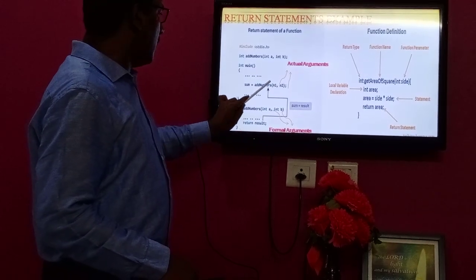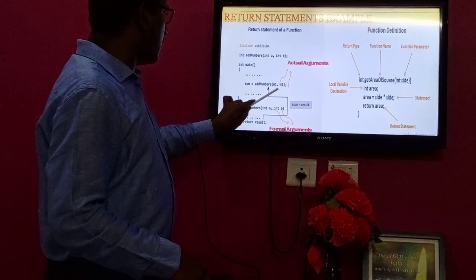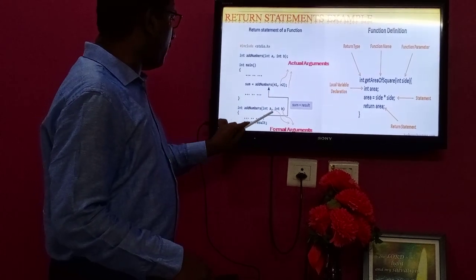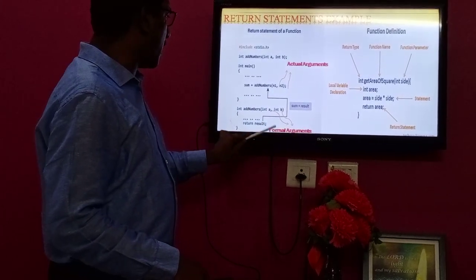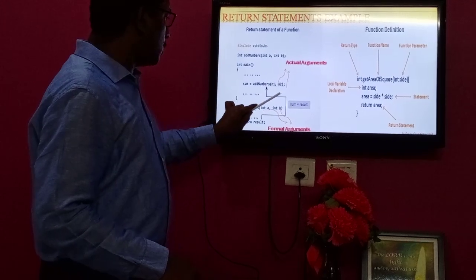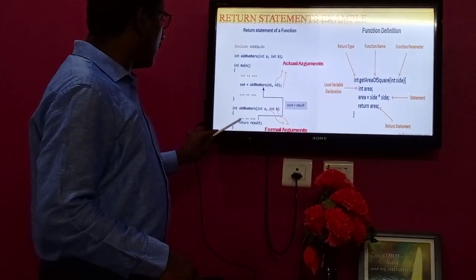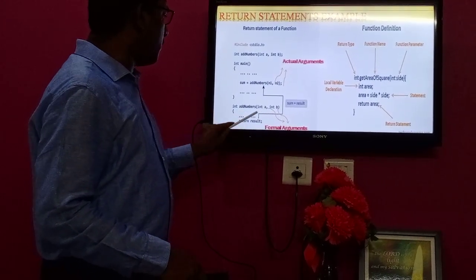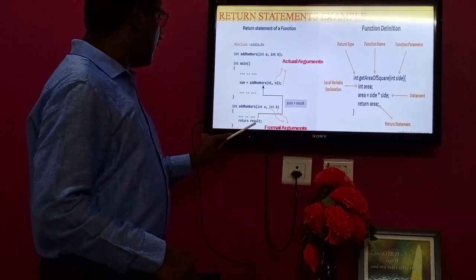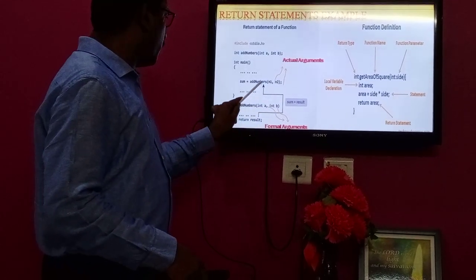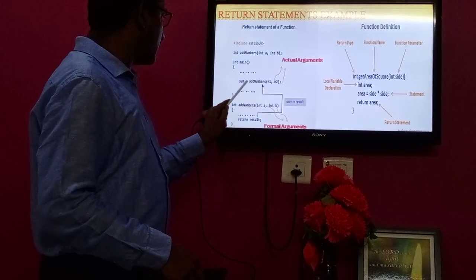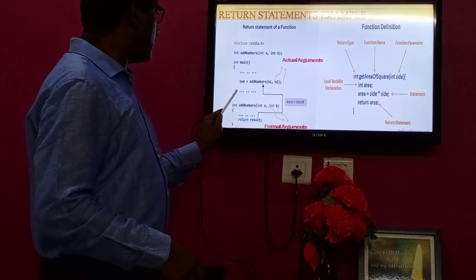So the calling function's parameters are actual arguments, and the called function's parameters a and b are formal arguments, also called formal parameters. n1 is assigned to a, n2 is assigned to b, and these two variables are added and stored in result. That result will be returned back to this place and assigned to sum, and that sum can be displayed over here.